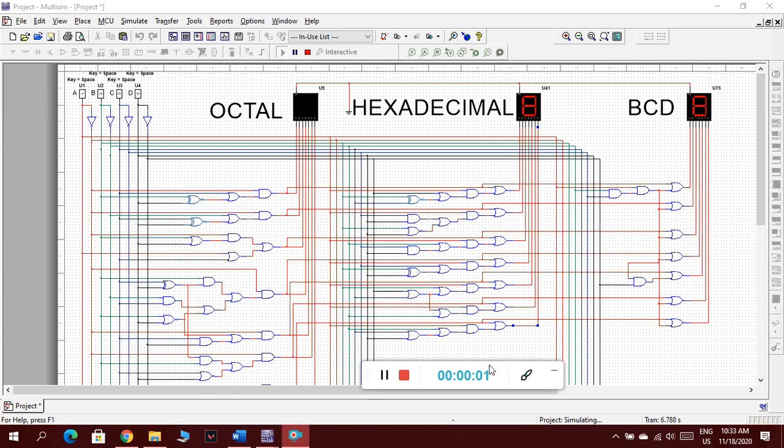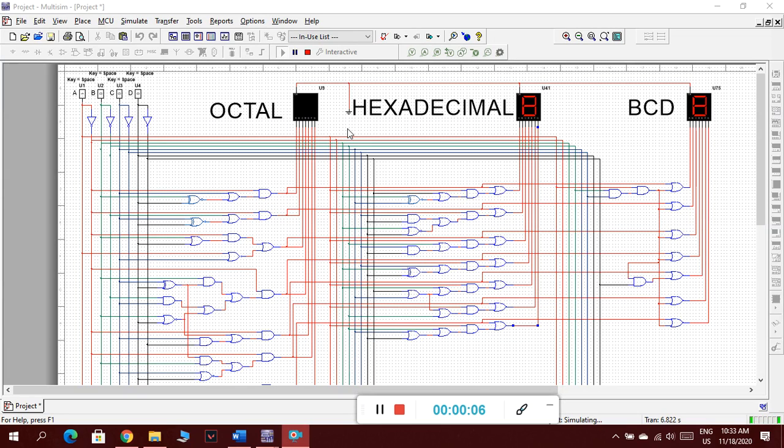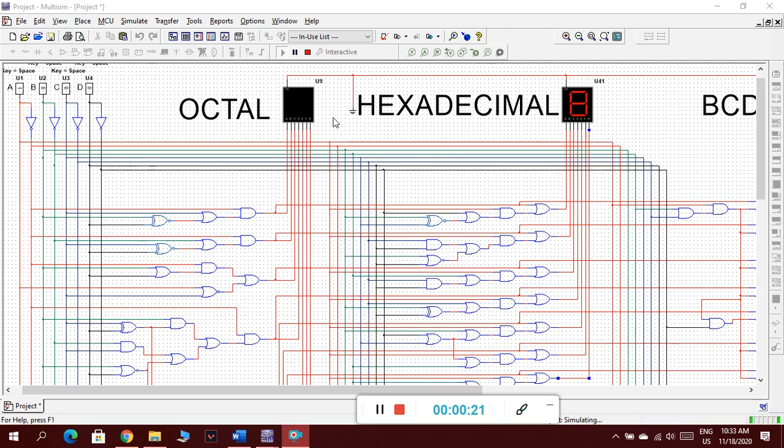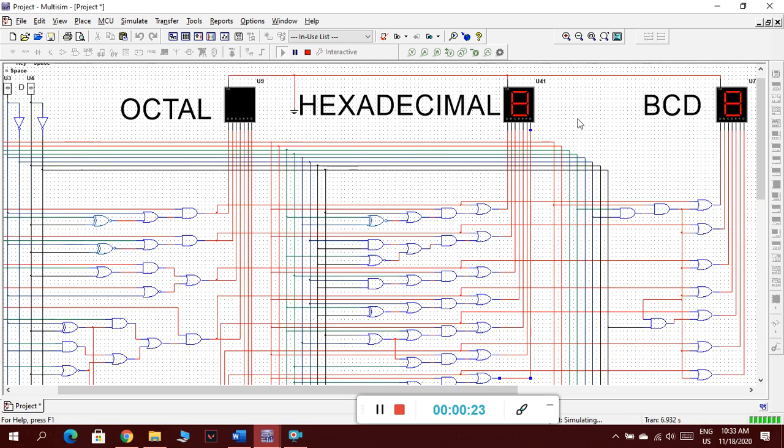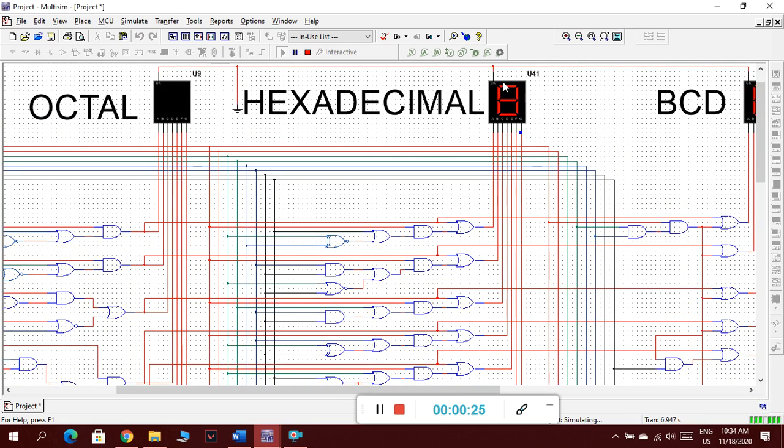So, good day. Today I will discuss our project 1, which is the decoder circuit. The goal of this project is to show the representations of octal, hexadecimal, and BCD in these 7 segment displays. In a 7 segment display, there are 7 segments, which is segment A, this one, segment B, segment